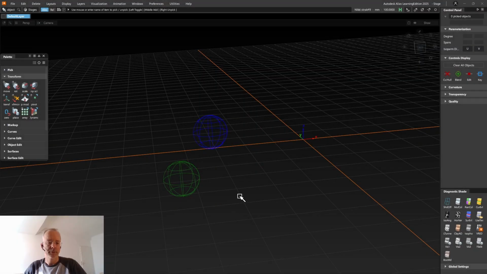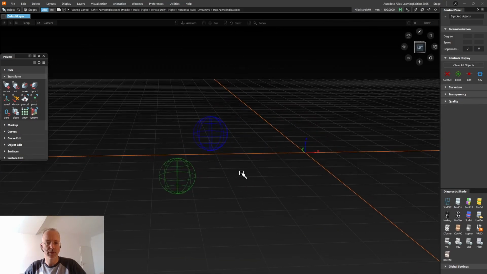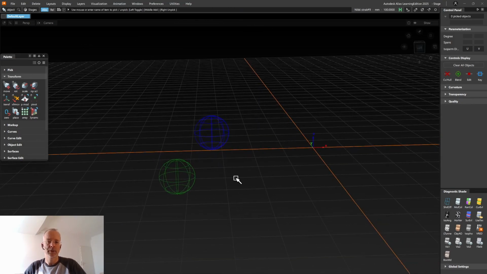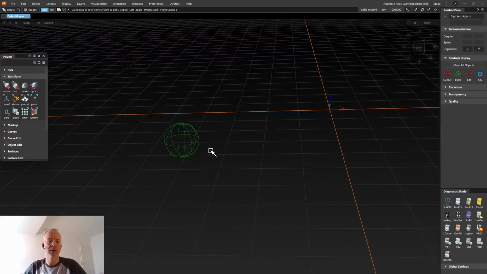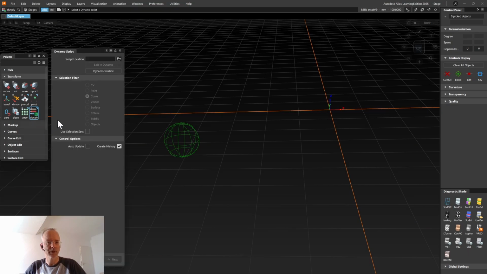So back on the Alias side, I'm doing a pick object because I don't want Dynamo to be active in the background. And here you see now that due to our programming on the Dynamo side, we have the result of the translated sphere here inside of Alias, which I'm going now to delete because we don't want that. We want to now use the Dynamo Player to just show you that our script is now similar to an Alias tool. So left mouse button pressed here, starting the Dynamo Player,